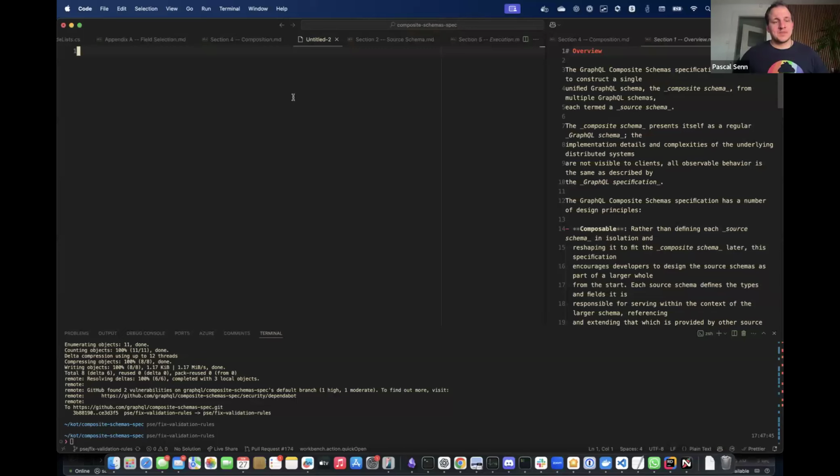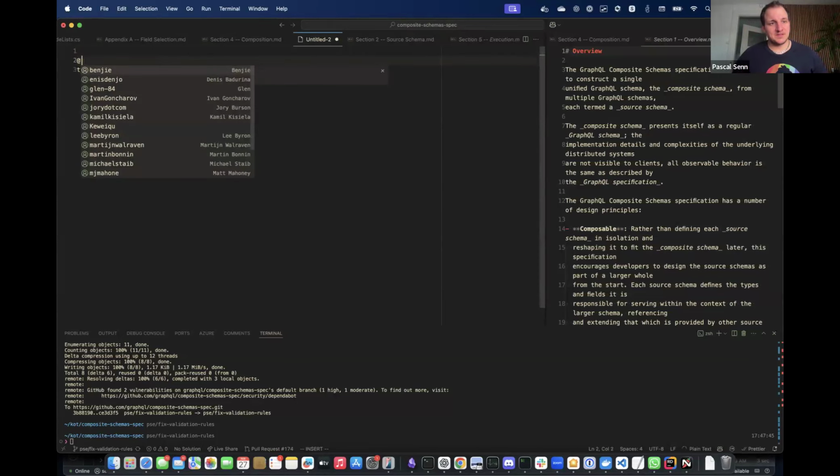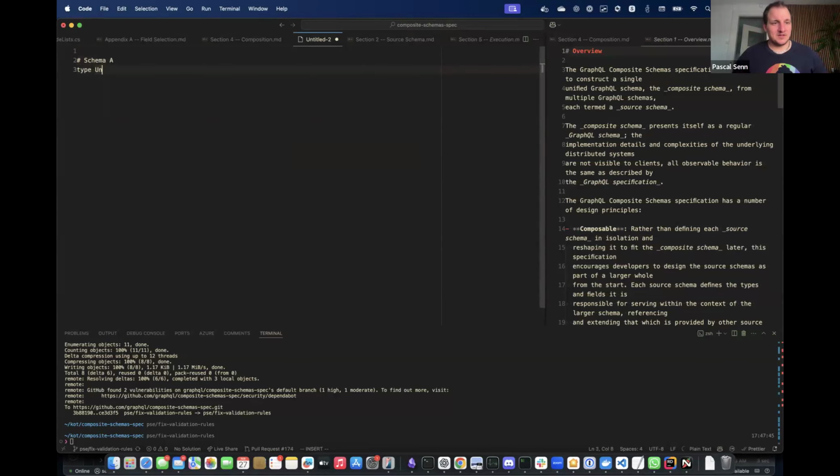So I'm cleaning up what we have in the spec. One thing that we discovered today is about what we do with unions, because we checked back with what Federation does currently, and you use unions to merge unions. We just have to discuss this quickly, because there are a few edge cases where maybe a warning or even a restriction would be interesting. So let's say we have a union. So this is schema A.